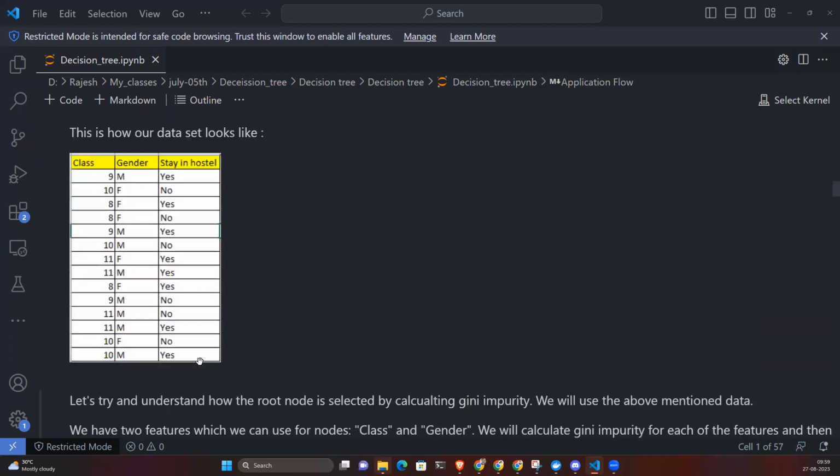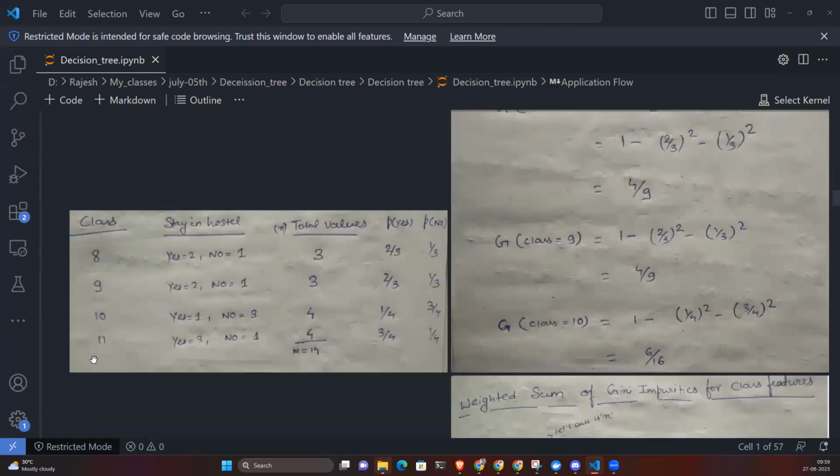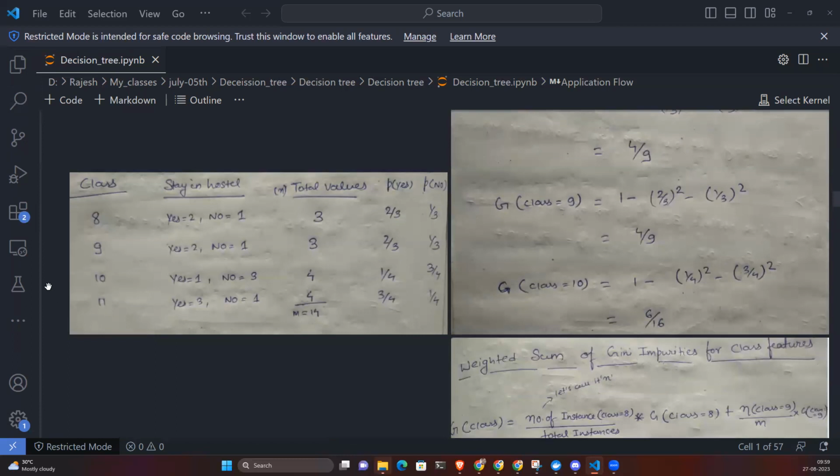So let's take a first example of class. In this class, you can see the different categories: class 8, 9, 10, and 11. Four categories are there. So in class 8, how many students are staying in hostel? Total class 8 category, you can say, three